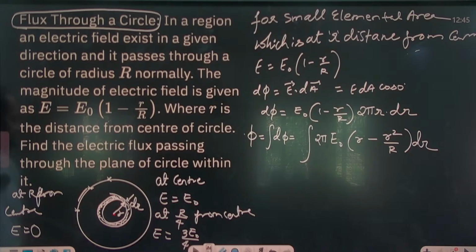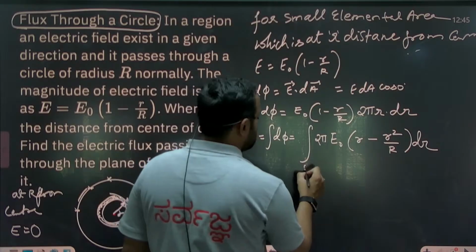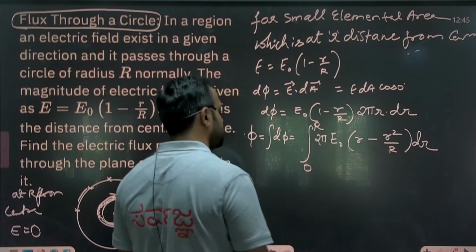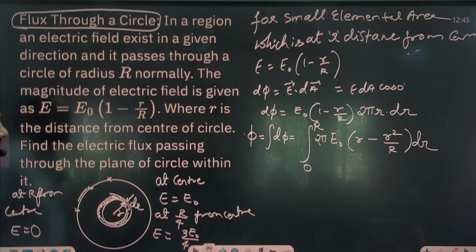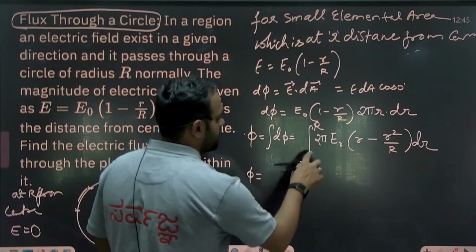From r equal to 0 to r equal to capital R. So this dr is varying from 0 to capital R. So if you do the integration here, what do you get? You get flux phi is equal to 2 pi